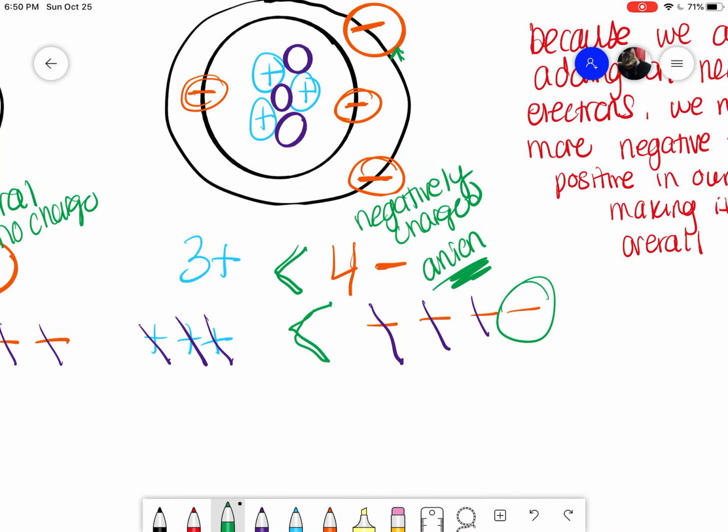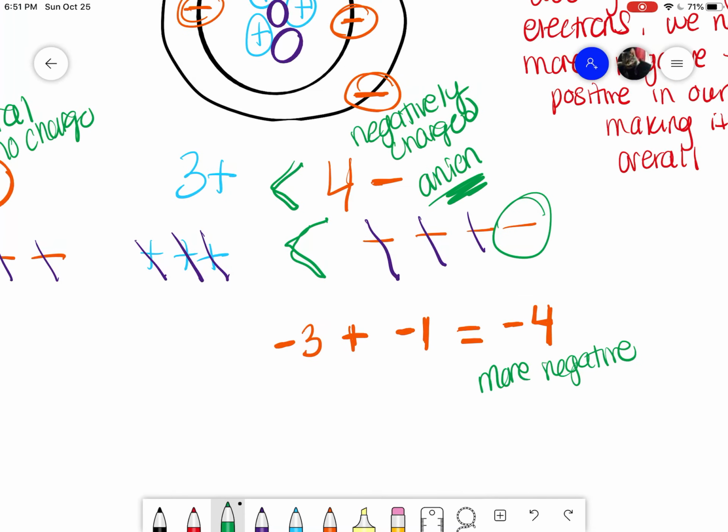And if you're looking at this from a mathematical perspective, we originally started with 3 negative electrons. So I'm going to put -3, and we added 1 more. Because we added 1 more, -3 plus -1 now becomes -4. And so because we added it and it became more negative,